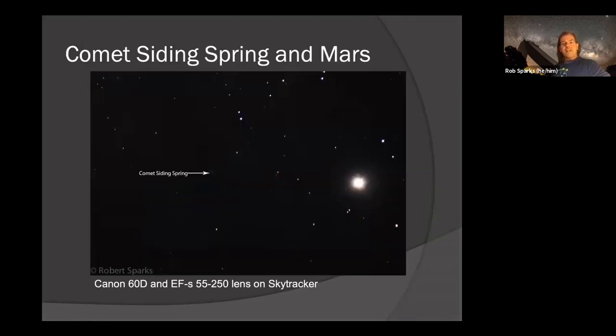And this is one I did several years ago. This is Comet Siding Spring in Mars. You might remember this comet passed within a few million miles of Mars one night. And right at the tip of this little arrow here is this little blue dot. I don't know if you can see it. I can see it on my screen. This little blue dot is Comet Siding Spring as it passed by Mars. Again, that's about a minute exposure on a 60D with the Sky Tracker. Mars, of course, is way overexposed because the comet was, I want to say, around 12th magnitude at the time. So it was not a very bright object at all. So it's a fairly faint comet, but I got this and it's just a fun little thing.